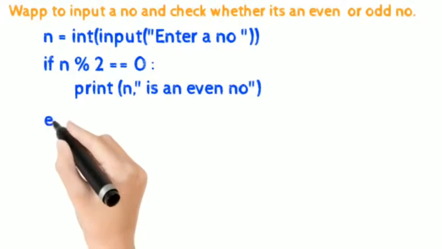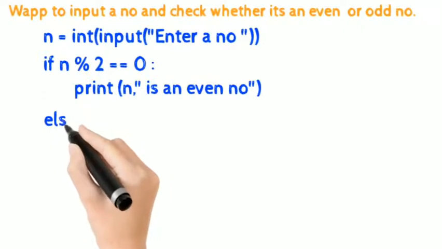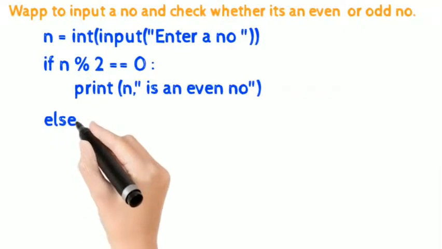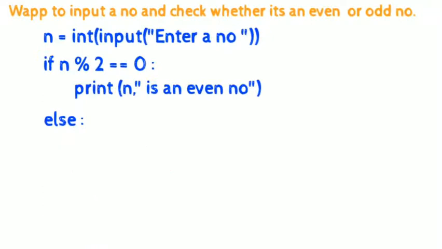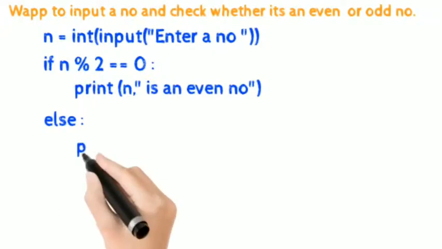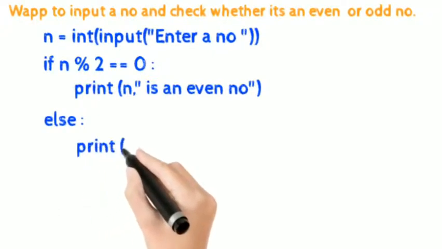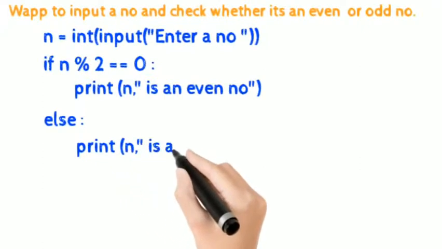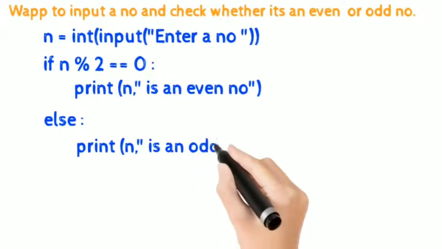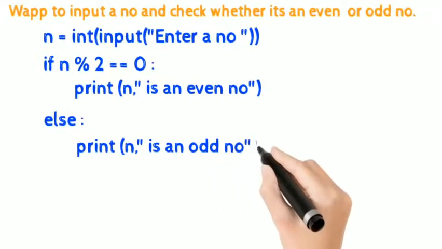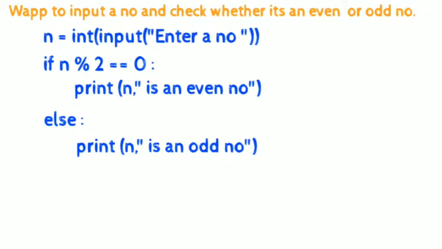In this case the print function is concatenating the number as well as the string and printing it if the number is even. Otherwise, else, there will be a colon again, because else is also a statement belonging to if, so there has to be a colon again. In the otherwise case it will print n is an odd number. Every time we input a number, it gets divided by 2 with modulus, meaning the remainder is taken. After we get the remainder, it checks whether the remainder is 0. If it is 0, the first statement will execute, which is written by giving a tab sign.